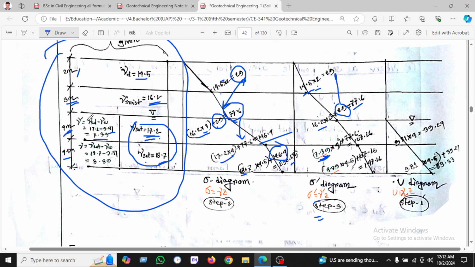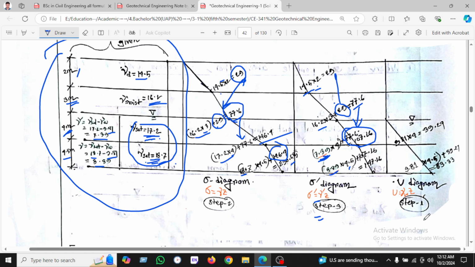4 is the Z, which is the layer of the soil. And then we add the upper portion stress, the effective stress, and found 107.6. In this way, we have another one calculated, 8.89. How do we get it? Here the saturated value is given as 18.7, and we deduct the 9.81, which is the unit weight of water, and found 8.89, and Z is 4.5, and the upper effective stress 107 is added here, and found